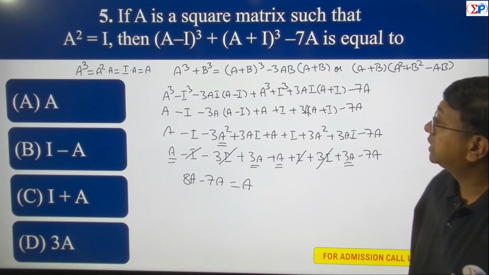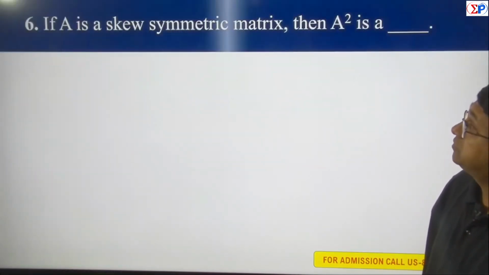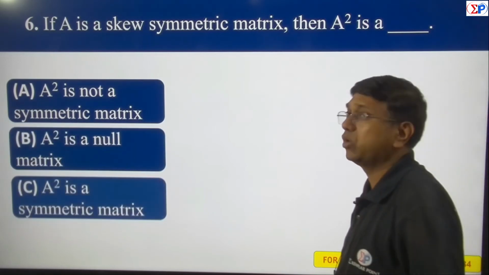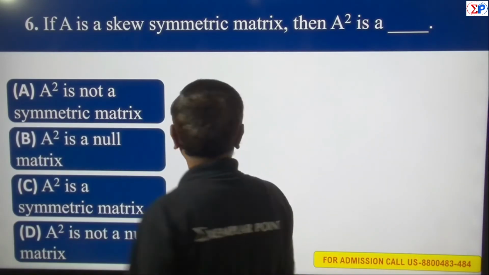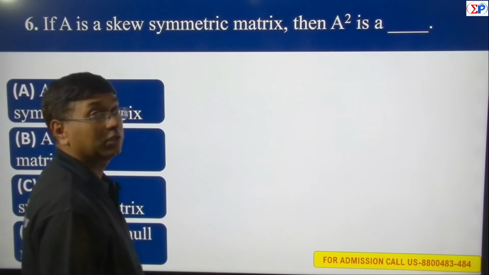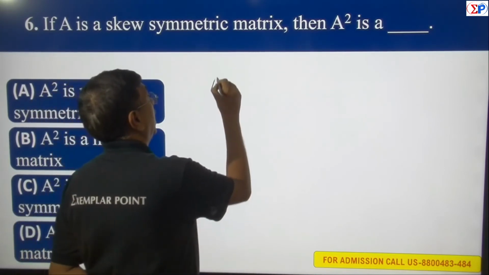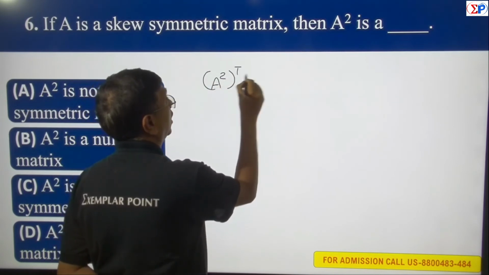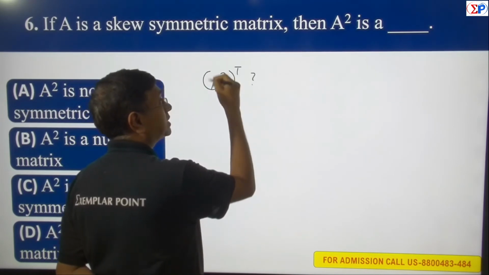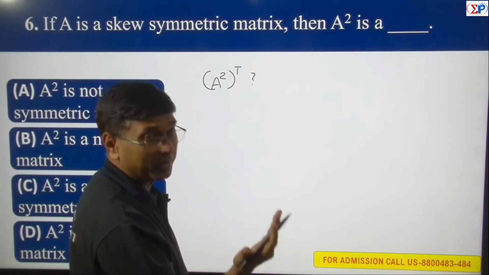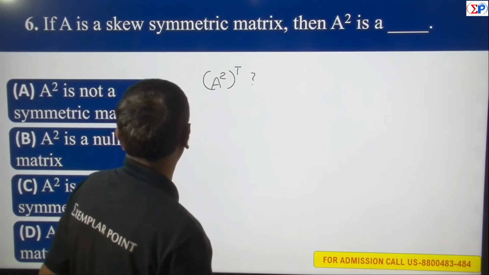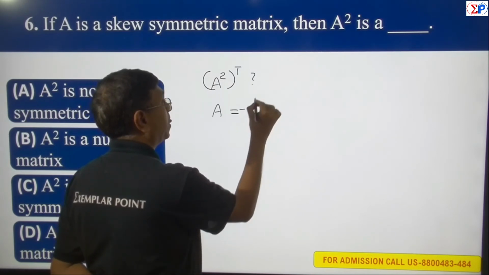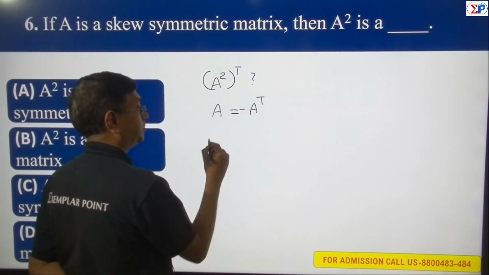Right. So let us move on to the next question. If A is a skew symmetric matrix, तो A square को क्या होगा? This is an important question. A अगर skew symmetric है तो A square क्या होगा? अब A square का ट्रांसपोज देखना है क्या होगा, है ना? अगर मैं किसी भी मैट्रिक्स को सिमेट्रिक या स्क्यू सिमेट्रिक करूंगा उसका ट्रांसपोज A is a skew symmetric, तो A is equal to minus A का ट्रांसपोज,